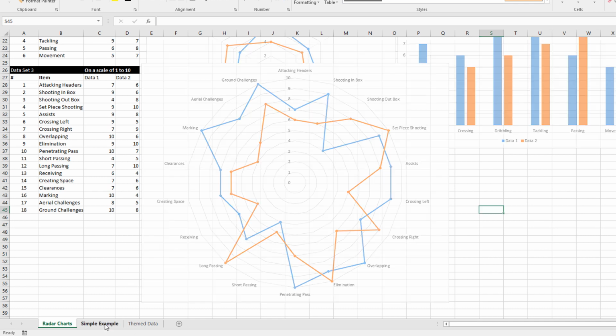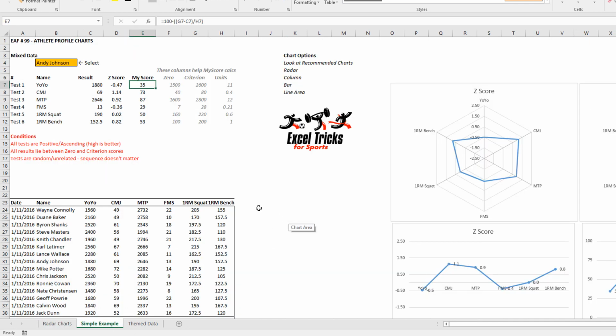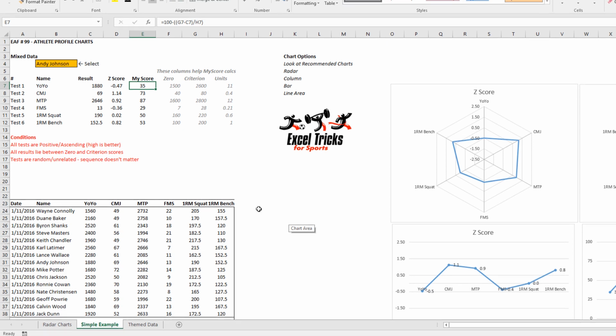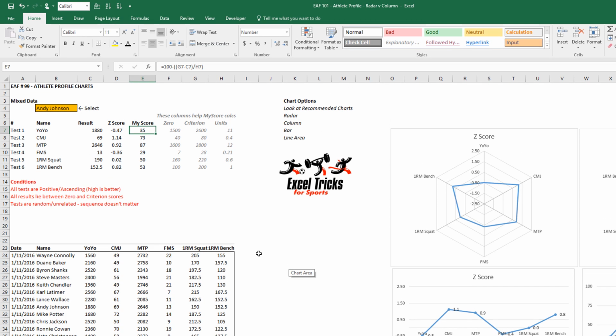Let's go to a example sheet. That was one way of doing a scale, but the most normal way that you hear people talk about is the Z-score. If you don't know much about Z-scores, look it up. I'm not a stats expert, but Z-scores are basically saying, where does your score fit within a population? And so if you've got a team of athletes, that's your population. You want to give athlete feedback as to where their score or where their profile sits with regard to their